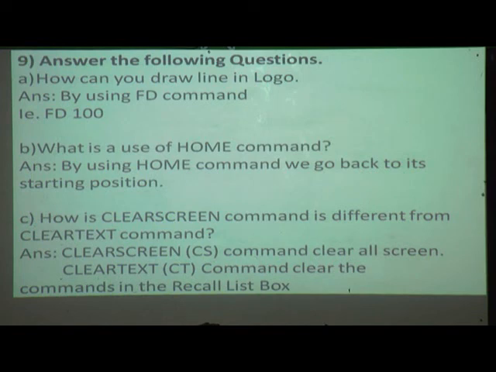Tenth question. Draw the following shapes in MSW Logo. It is the lab activity. We have to draw these shapes in the computer room. Now the last question.